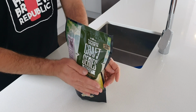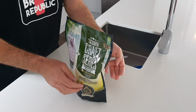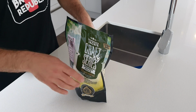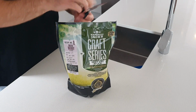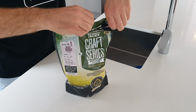The other thing with these pouches is they're two-sided. On one side we've got a wet side, and on the other side we've got a dry side. On the wet side what we have is our extract. On the dry side what we have is the additional ingredients we will use with these kits, which include in this case some flavoring, some sweetener and craft quality yeast. So if we open this up and check it out,